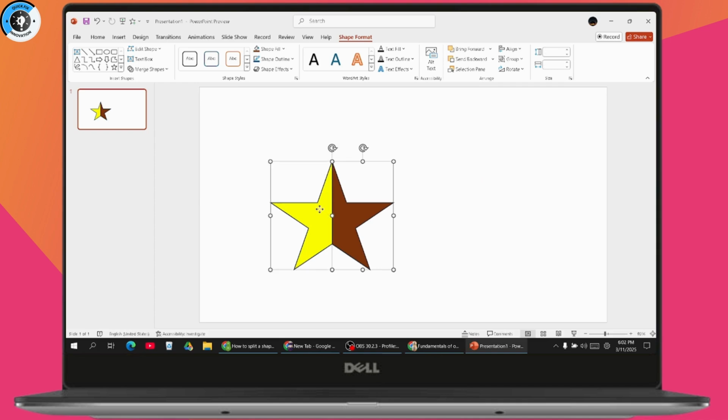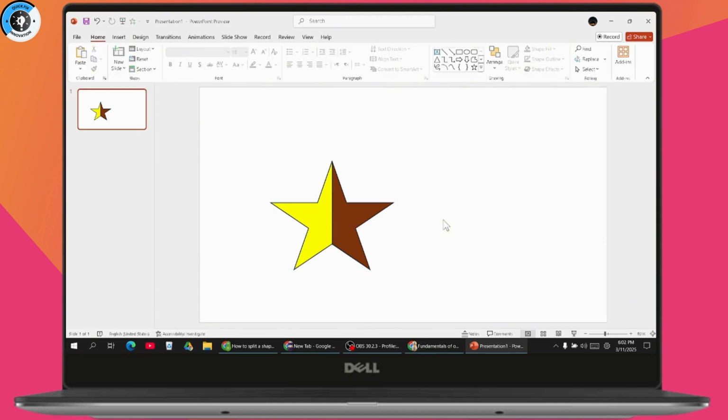You can also select these two and you can go with the Designs. Here you will have all of these designs. You can just simply go with any design that you're comfortable with and add those designs. So that's how you can split a shape